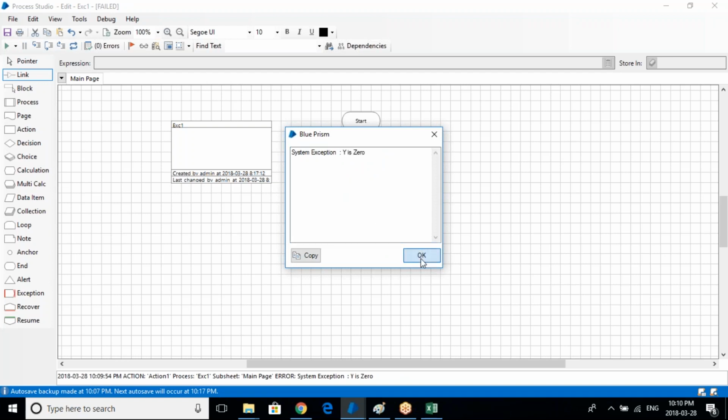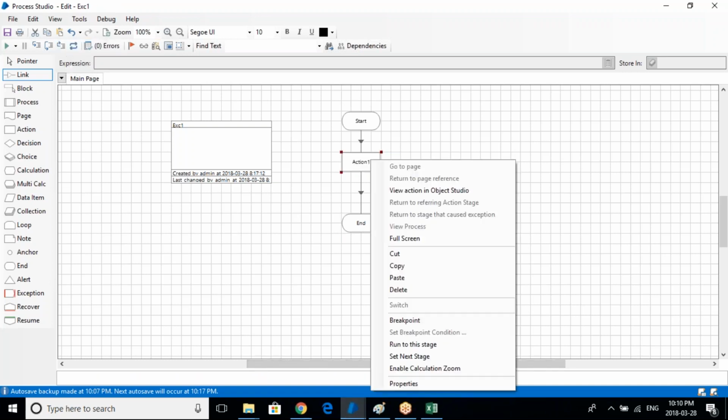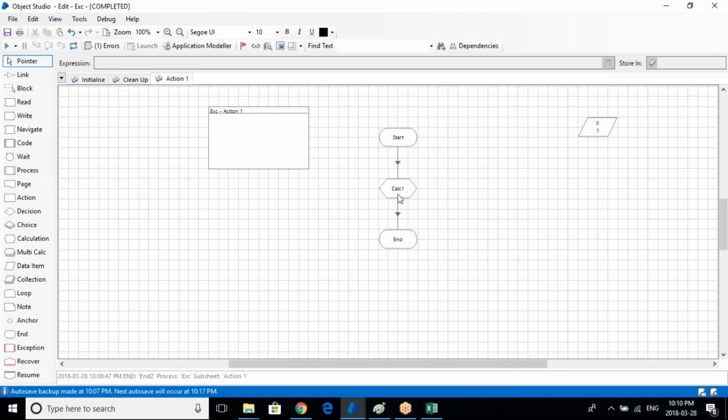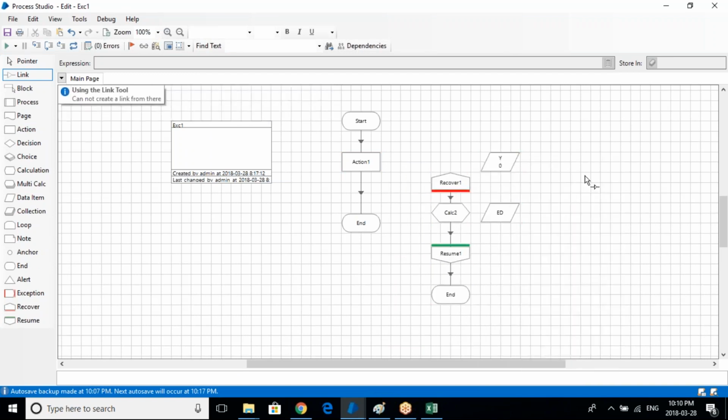So the system exception which is captured in the particular object in the downstream system will come to your process level. So that is what we are calling exception bubbling. Anytime an exception gets captured in your object, since you have not handled it here, it will travel all the way to your main process. And if you just paste this here,